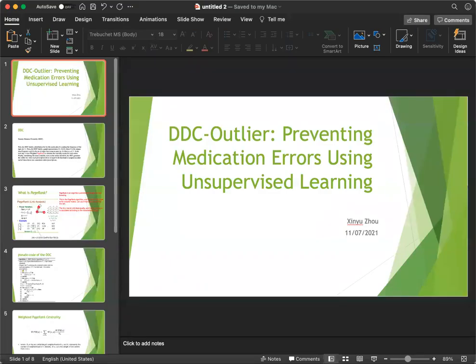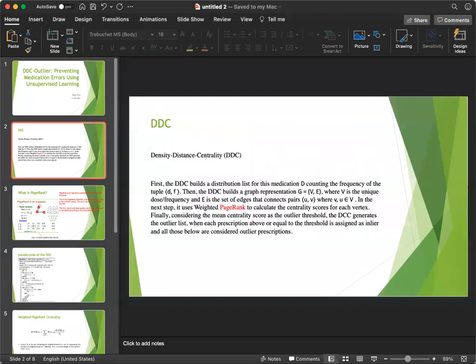Hello everyone, today I will introduce the paper named DDC Outlier: Preventing Medication Errors Using Unsupervised Learning. The DDC algorithm is mainly used in medical treatment to monitor the use and frequency of drugs to prevent medical accidents. The full name of DDC is distance